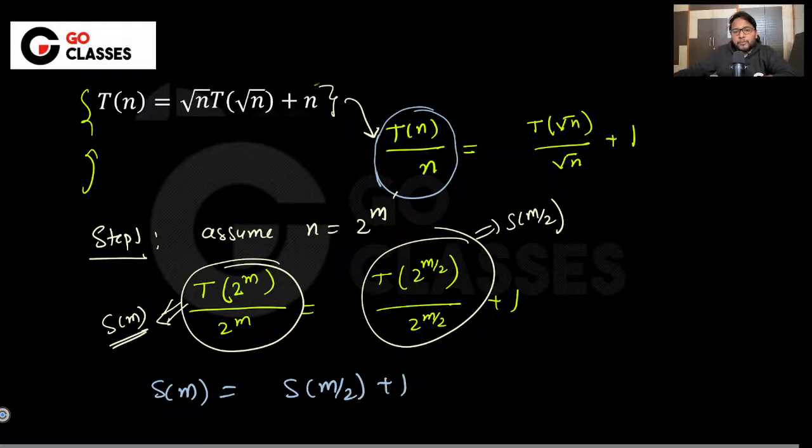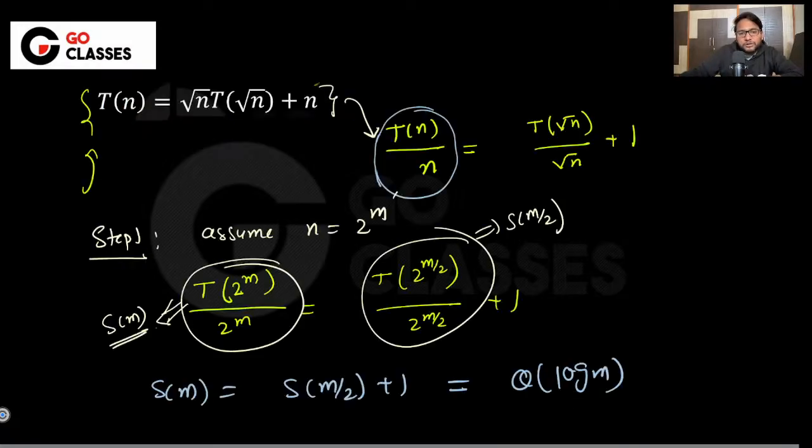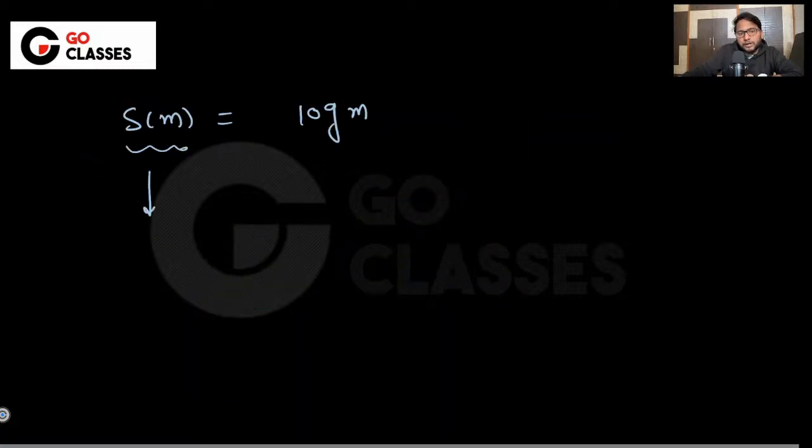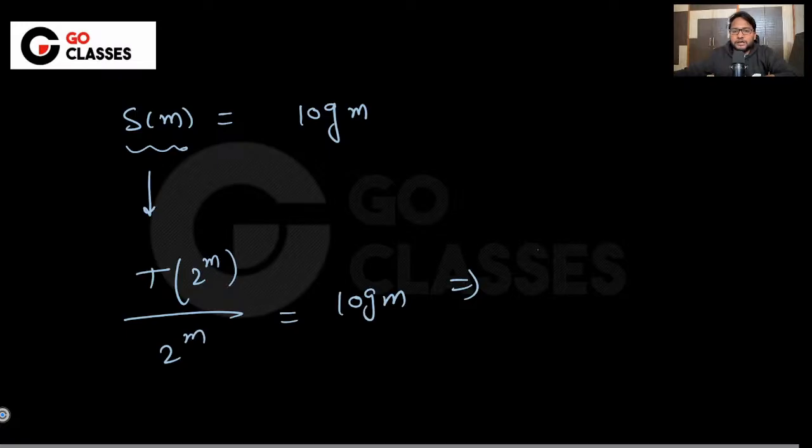Can you tell me what is the time complexity here? This is log m. You can definitely solve it. This will be log m. Now we know that finally we have got s of m as log m. But we need to get the answer of t of n. So see here that s of m was nothing but t of 2 power m upon 2 power m, right? So this was nothing but t of 2 power m upon 2 power m, which is basically log m, right? So from here you can say that t of 2 power m is 2 power m into log m,